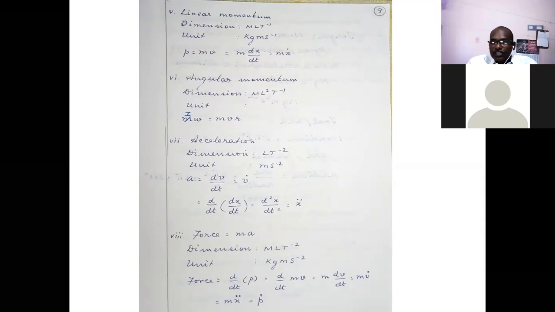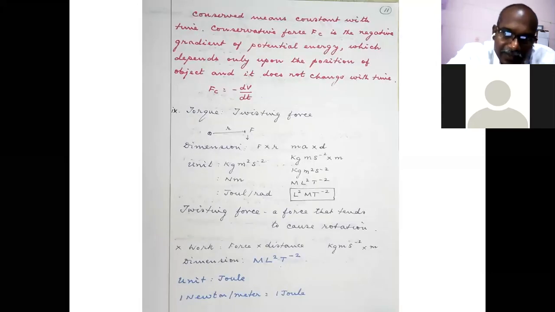So units and dimensions you should be very clear about, because when you are going to do the numerical problems in quantum mechanics, you have to be very careful about the unit conversions. Not only in quantum mechanics, whatever numerical problem is asked, maybe in kinetics, maybe in any other part of chemistry, if you are going to solve the numerical problem, the unit conversions ought to be given more attention. Otherwise, the entire numerical problem will be wrong. So the next slide,